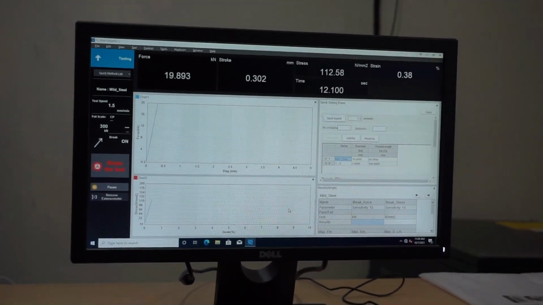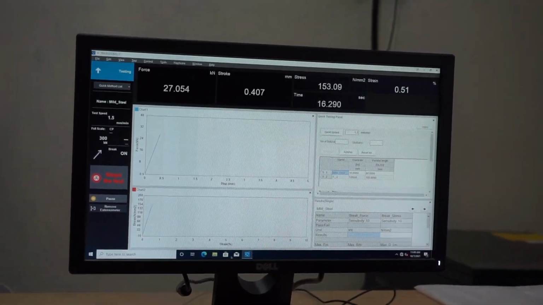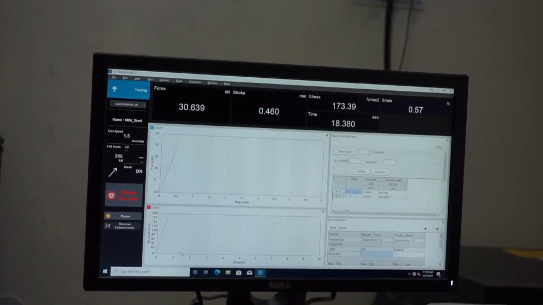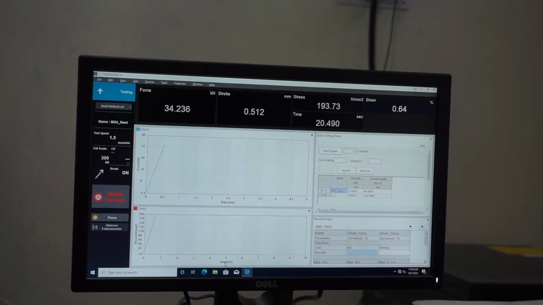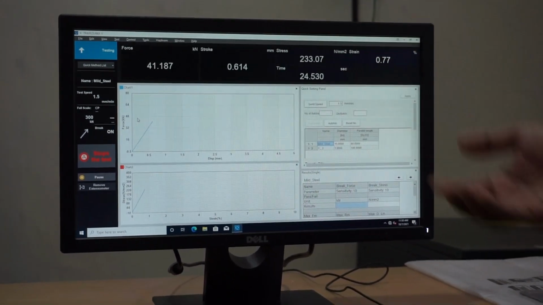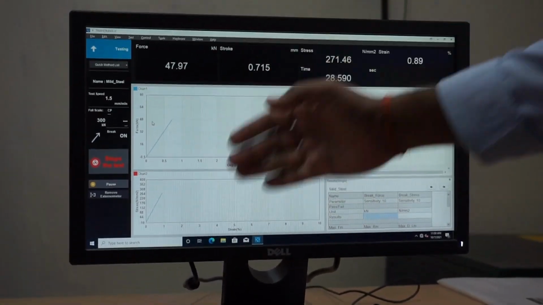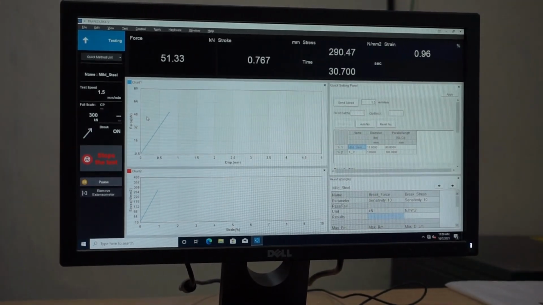Okay, you can say that there is a force and displacement. There is a second chart that I have taken, this is force versus strain. This force comes out as the output depending upon the rate of loading. I have applied 1.5 mm per minute, then the corresponding force will generate in the material.